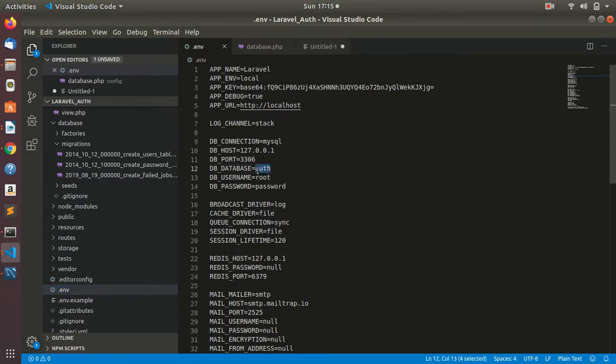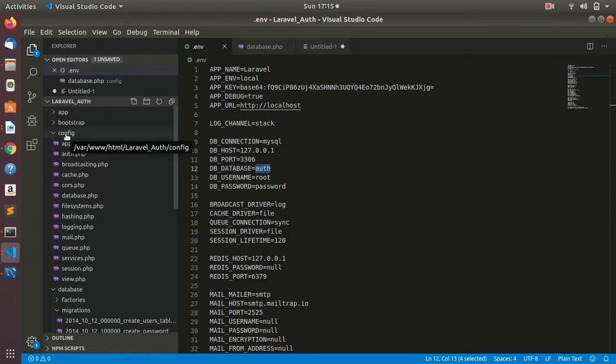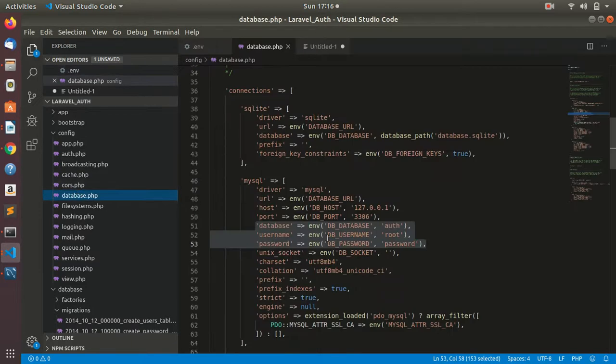I have already created a database with the name auth, and we can set the username and password. We also need to make some changes inside the database.php file, which is present inside the config folder. Inside database.php we can also set our database name, username and password.